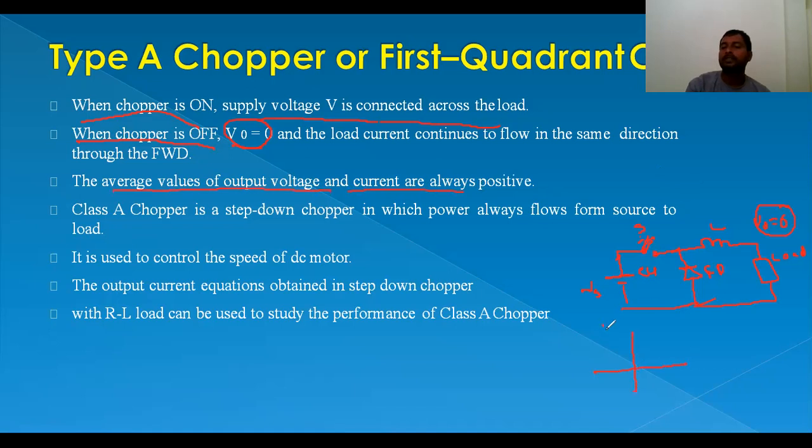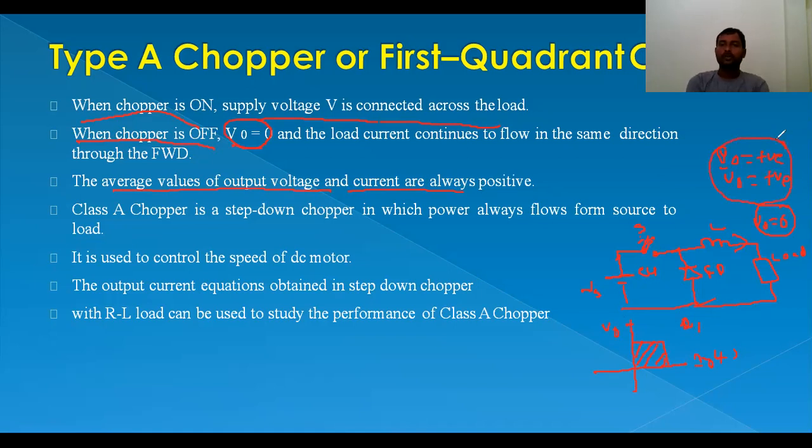for example, if you take this one, this is Vout, this is I output, this is positive, and this is positive in Q1. So the operation of this first coordinate chopper will be in this area. The output voltage is always positive, and the current direction is in this direction only, so the output current is positive and the voltage is also positive. Both are positive.